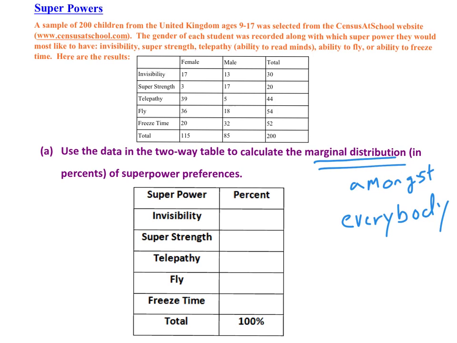Okay, so if I want to get invisibility, all right, out of all these 200 individuals that participated, who chose invisibility? Well, my table shows me 30 over 200. I kind of tried to combine 30 and 200. 30 and 200 doesn't make 300, by the way. That's not the case. But notice, invisibility, 30 over everybody out of 200,